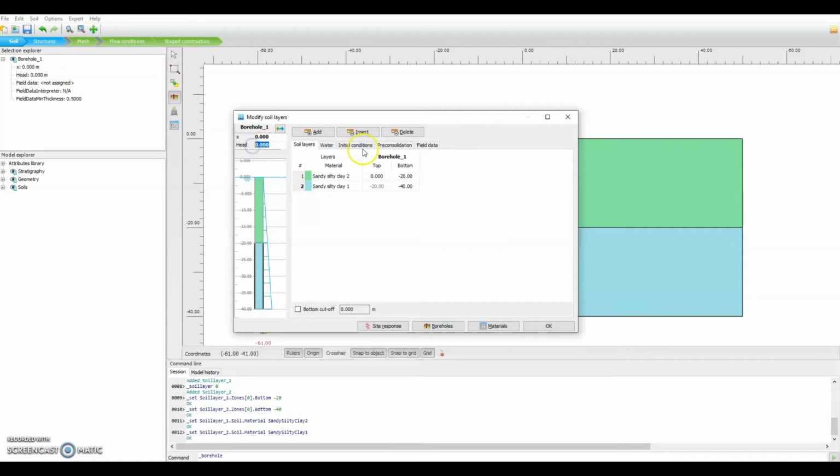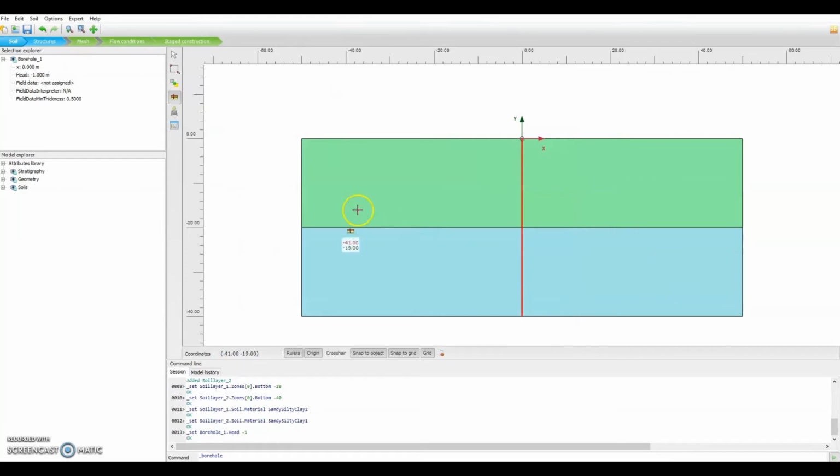And then let's say our groundwater level is 1 meter below surface level. And now we set up our 2 soils. So we're going to click OK now, and we can see that this has been generated, our section showing the soil. So we've more or less finished with the soil tab now, so we're going to come across to